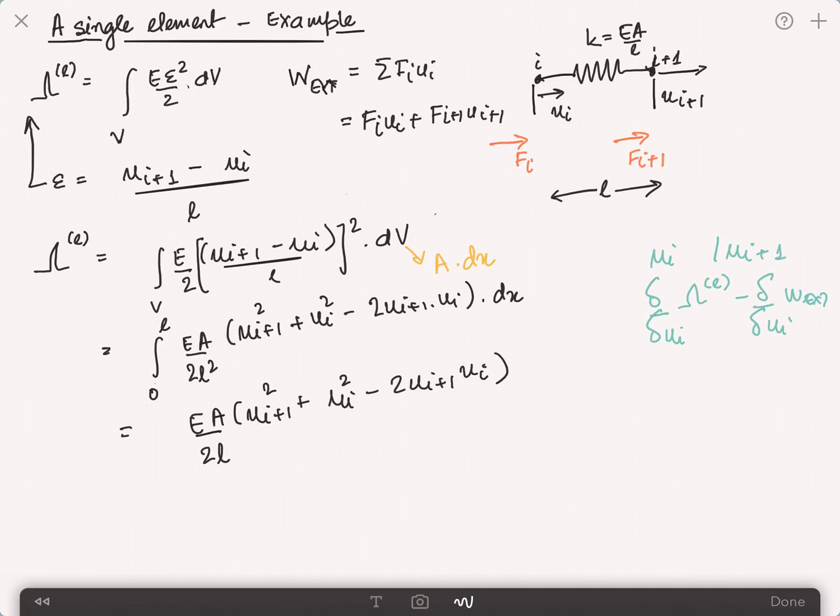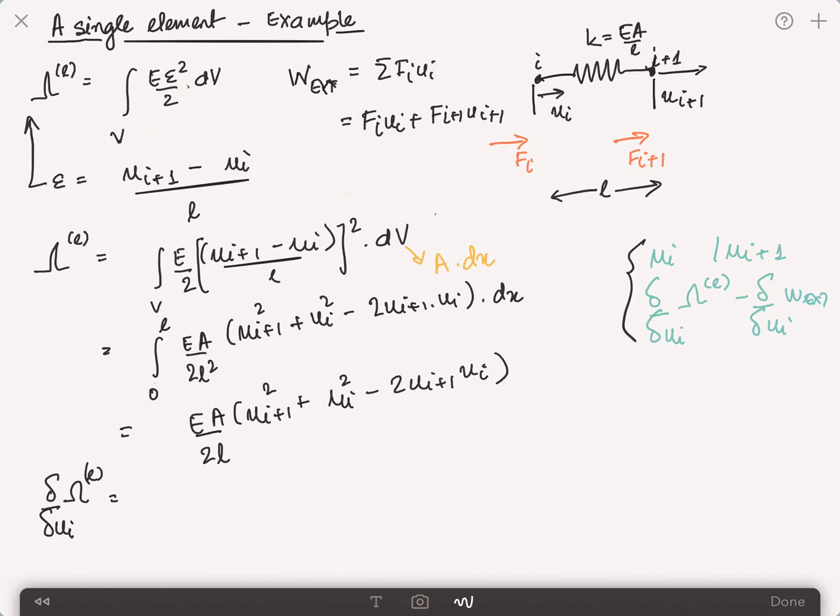So if I now find the minimum of the strain energy separately and the external work separately and put it together, I will get the same equilibrium equations that I'm looking for. So let me do a minimization with the two displacements as mentioned here for the strain energy. So the strain energy first with Ui